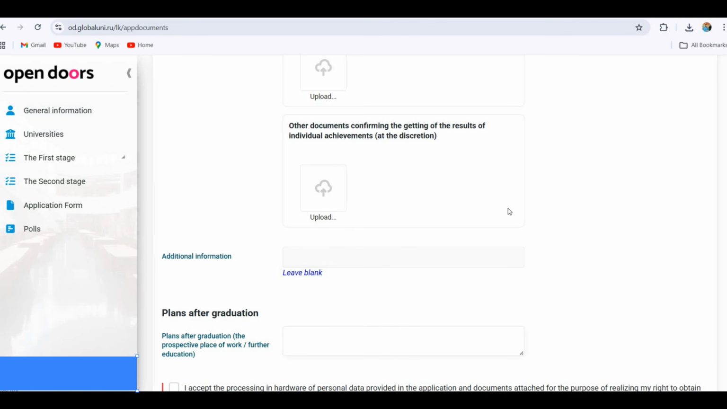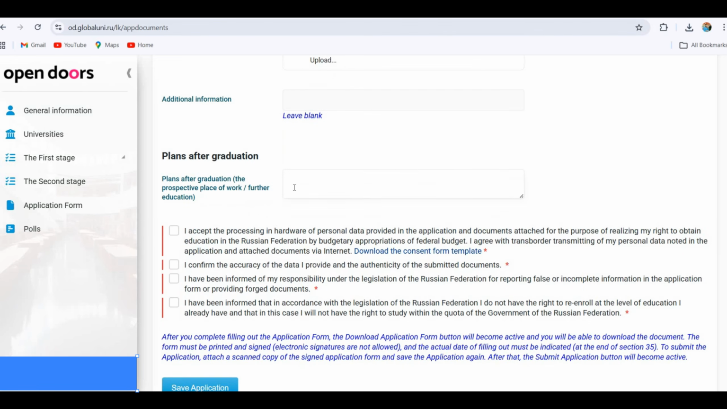You can upload here, and here you need to write your plans after graduation. What are your plans, if you stay in Russia or you want to come back to your home country, and what about your future plans, where you will work. So you need to write down here, then you need to check all these boxes and then click on